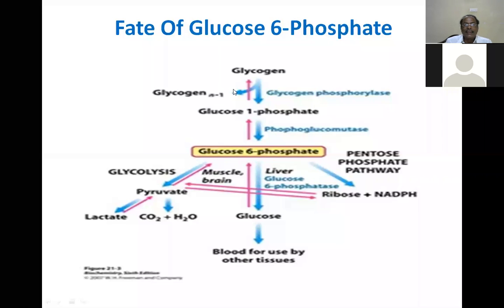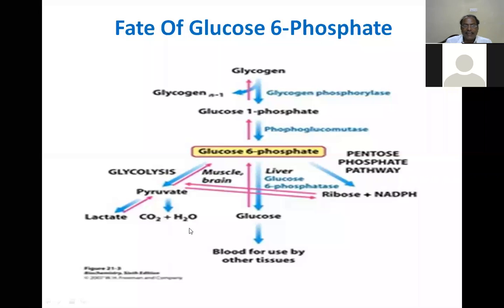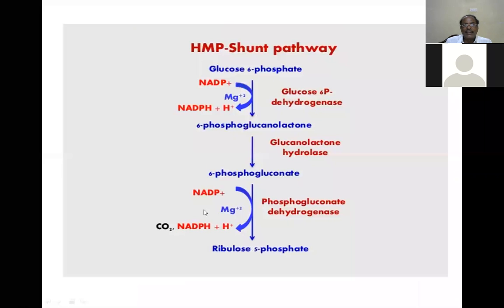Apart from all these things, another path from glucose 6-phosphate is the pentose phosphate pathway, in which the most important things produced are ribose, that is the pentoses, and NADPH. And let us see in detail the HMP shunt pathway from glucose 6-phosphate, or by some other way glucose 6-phosphate might come. And now the first step in the HMP shunt pathway